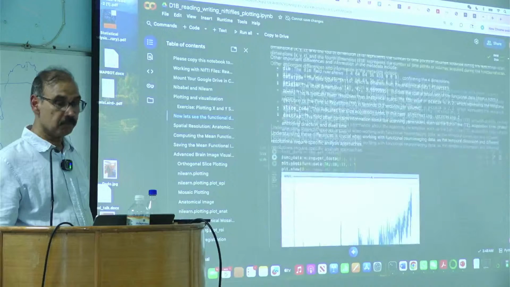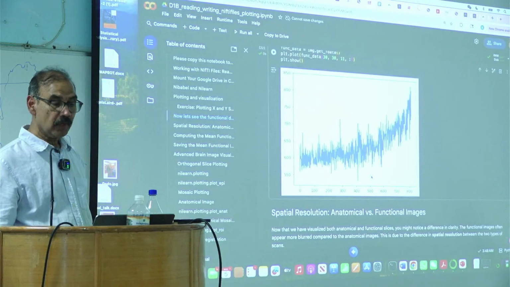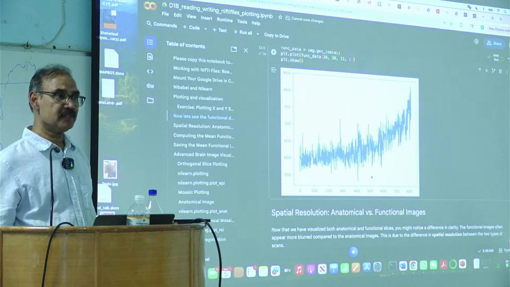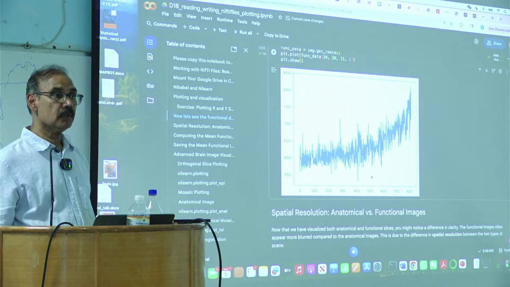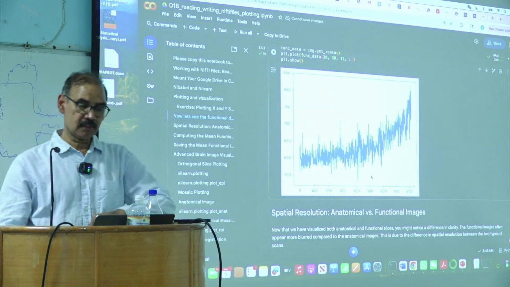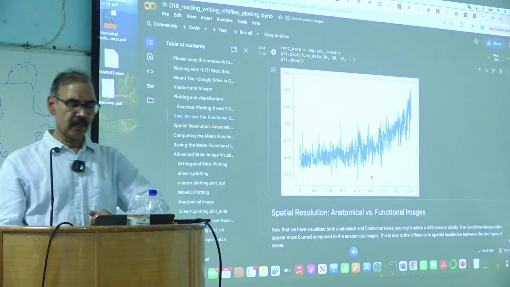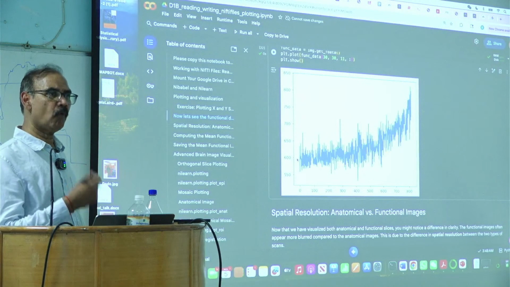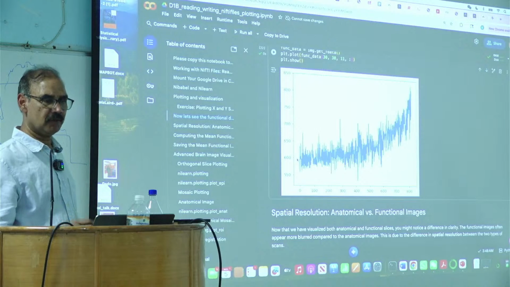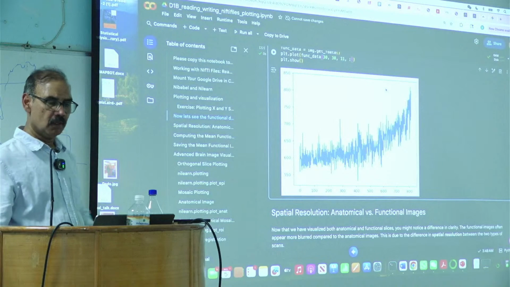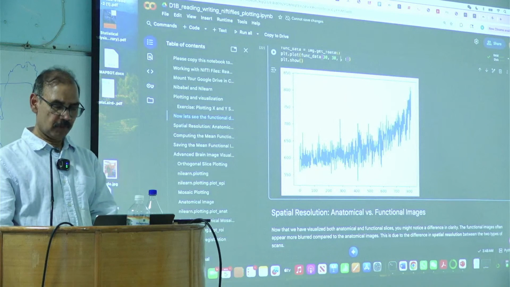What is on the y-axis? Good. So what is on the x-axis? Time points, because there are 818. So this is also 818 time points. So the y-axis is the BOLD signal intensity, right? So if we, let's say, go to the